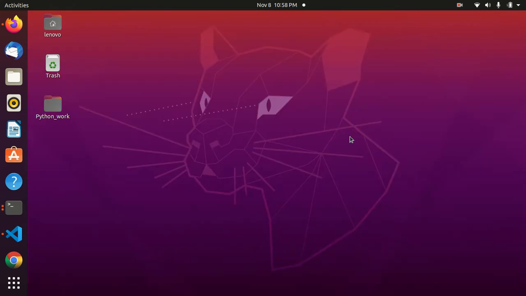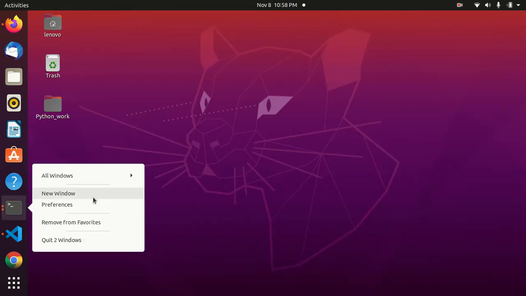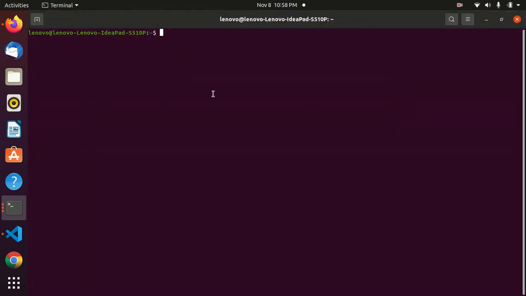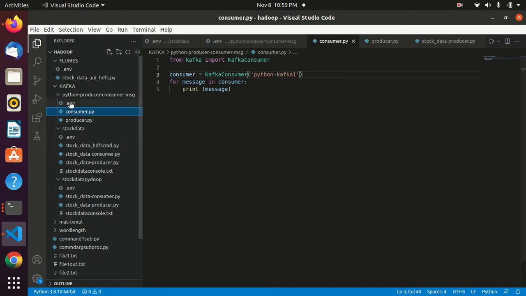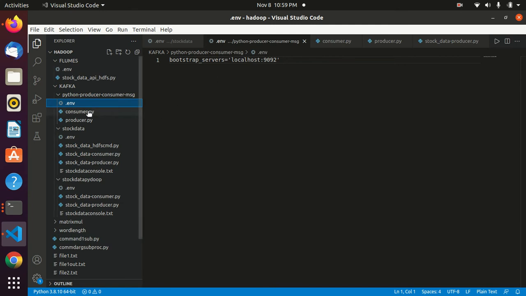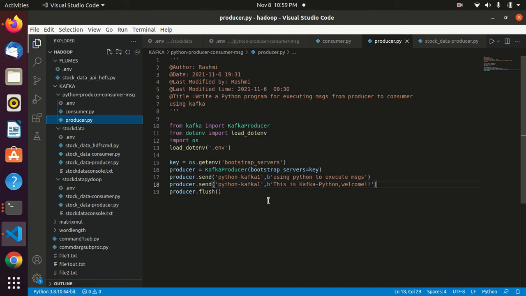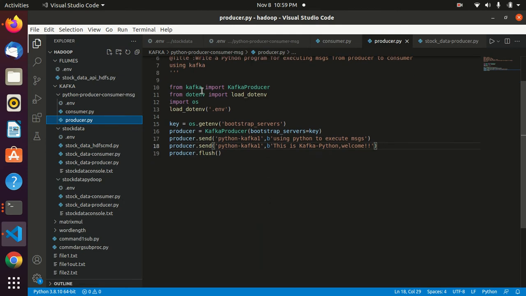So till then we will take another terminal and create our topic. First, initially we have the Python code here. In the env file I'm giving the localhost, and next in the producer we have the topic. From kafka we should import KafkaProducer, and next dotenv to load the .env file.